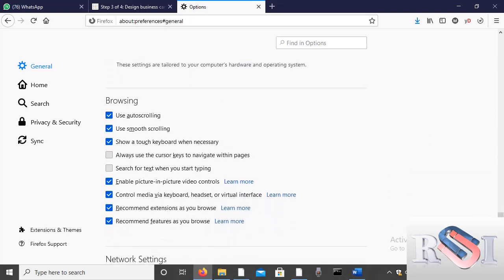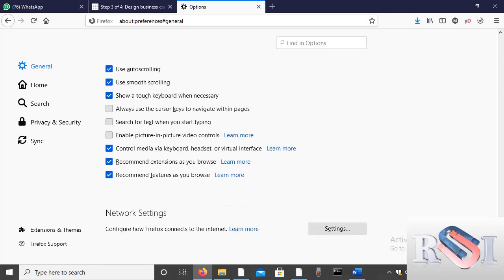Let's come here. Browsing. Use autoscrolling. Use smooth scrolling. Okay, I want to show you the one that consumes data. Enable picture-in-picture video controls if you don't want to see pictures. Control media via keyboard, this one we can leave.